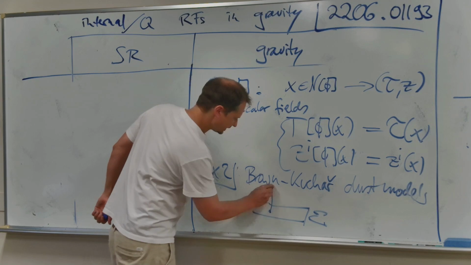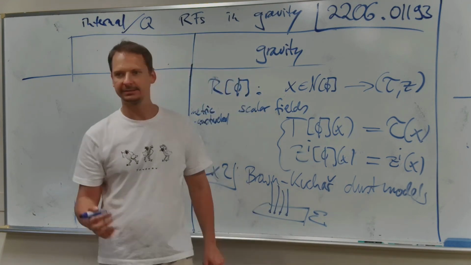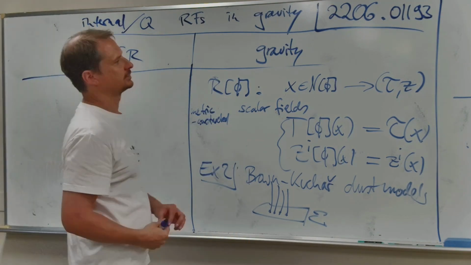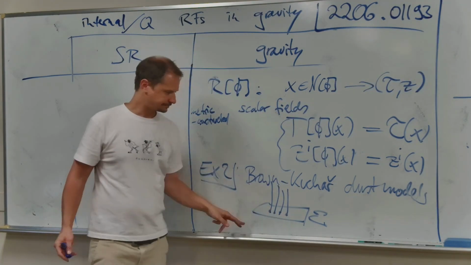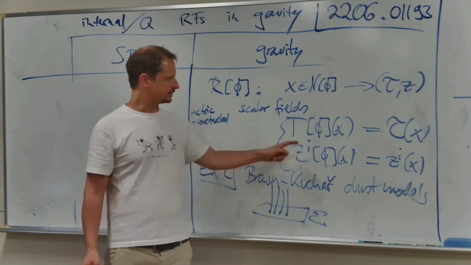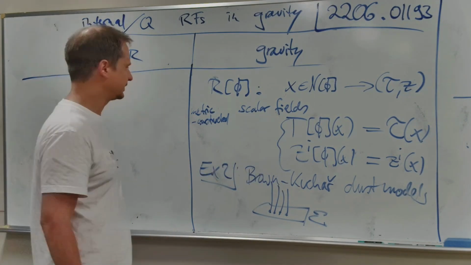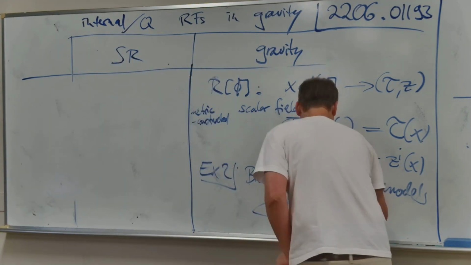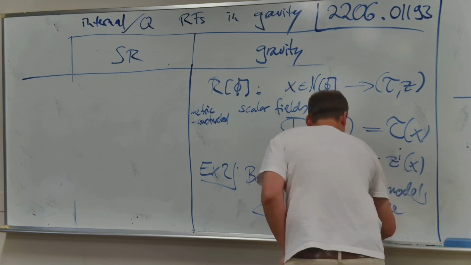You have a congruence of dust particles, and on solutions the world lines of the dust particles are geodesics also. So that's spatial boundary anchored geodesics, and these are Cauchy slice anchored geodesics. And it turns out that they give exactly the same kind of thing. The dust field degrees of freedom also define scalar fields. And this is Cauchy slice